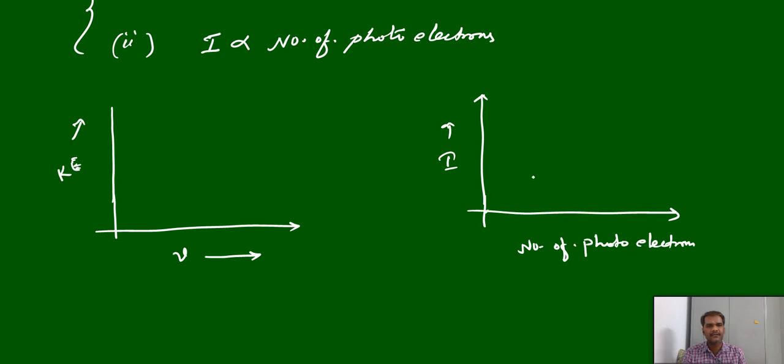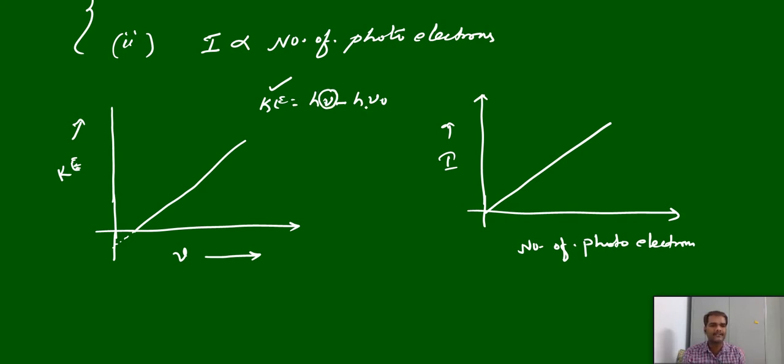In this case, anyhow, we'll get the graph which almost passes through the origin. But in this case, you will get it with some negative intercept. So this kind of graph you will get. It will touch somewhere on the y-axis in the negative part. Why? Because according to the equation, KE is equal to h nu minus h nu naught. We are drawing the graph of kinetic energy versus nu. Y equals mx minus c.